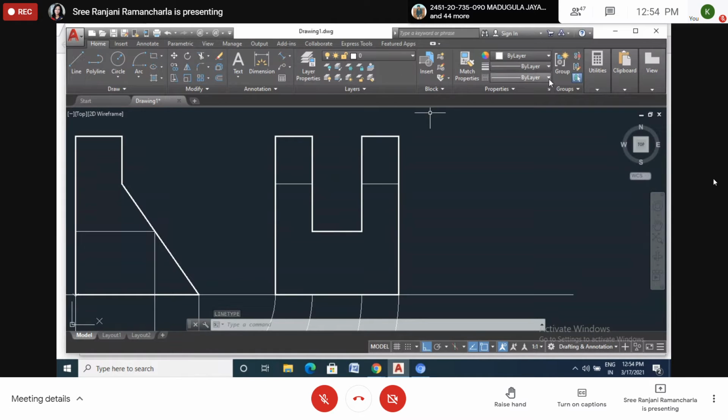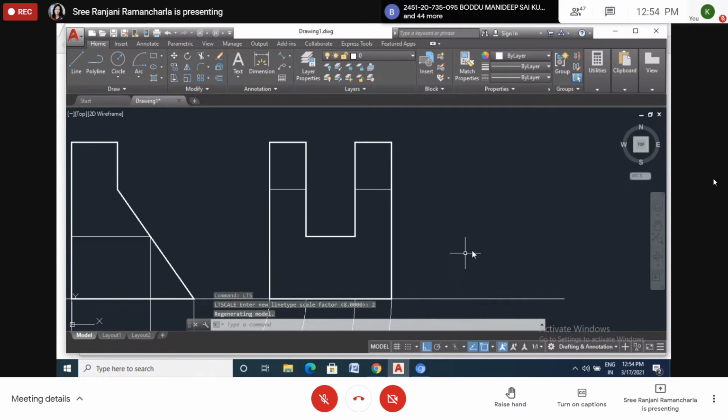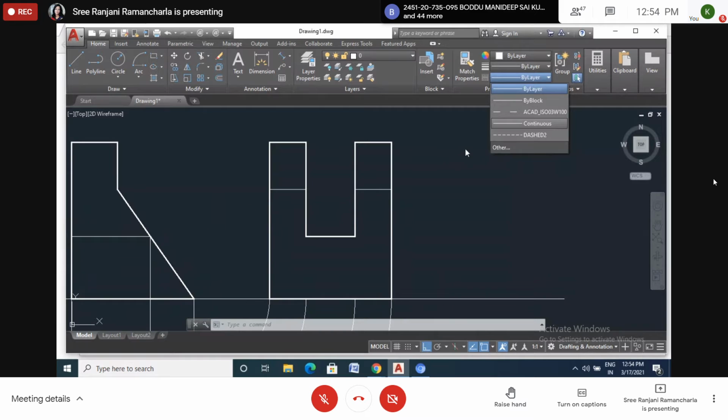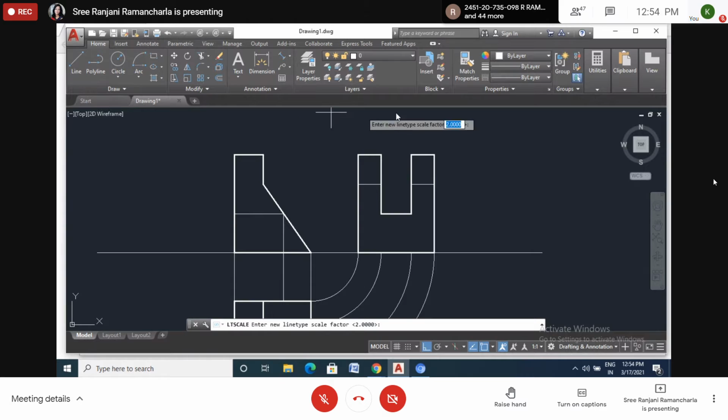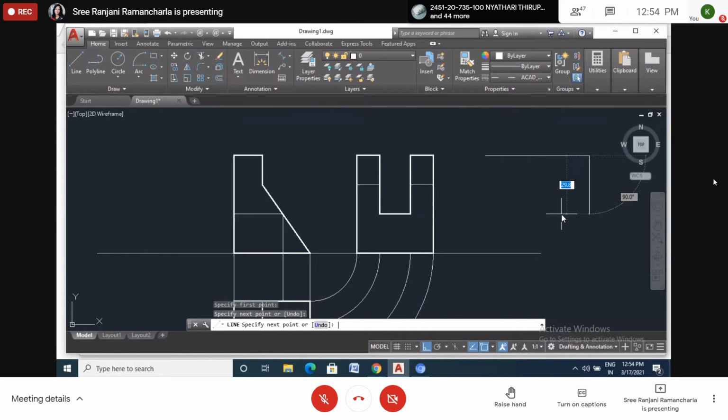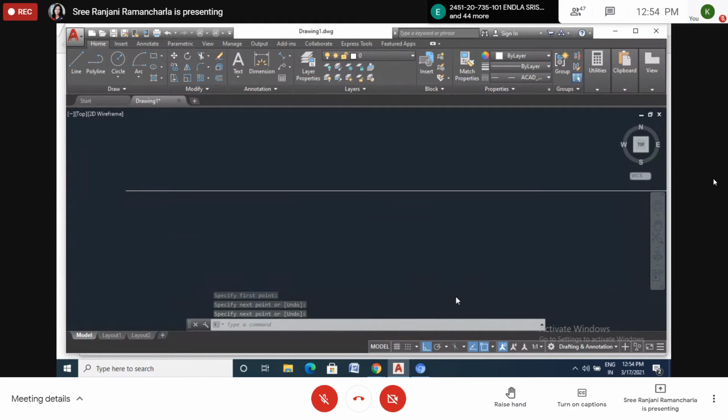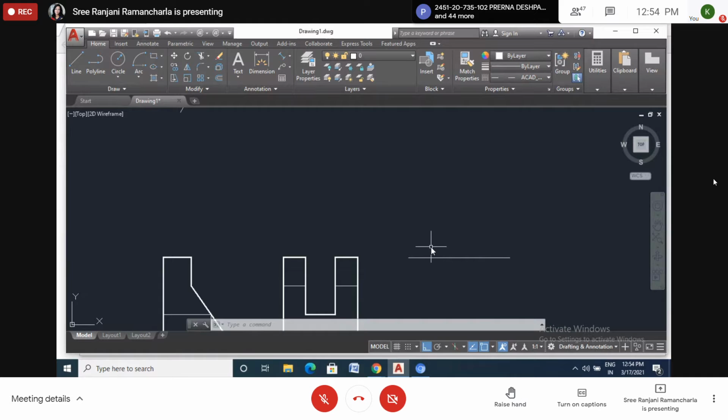Or else... Long work also, this is not working. We are changing many times, but it's not showing.